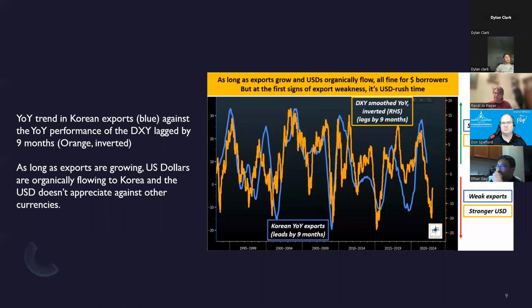So in a snowball mechanism, all foreign entities leveraged in US dollars try to deleverage, which means they bid up the spot on the US dollar itself, which in turn hits other foreign USD borrowers in a self-fulfilling prophecy. So it's a rush for the exit doors. Everyone's kind of heading towards the fire escape, and if you get knocked down, you're going to get crushed and stepped on and trampled. And it becomes a US dollar wrecking ball for every country out there denominating in US dollars.